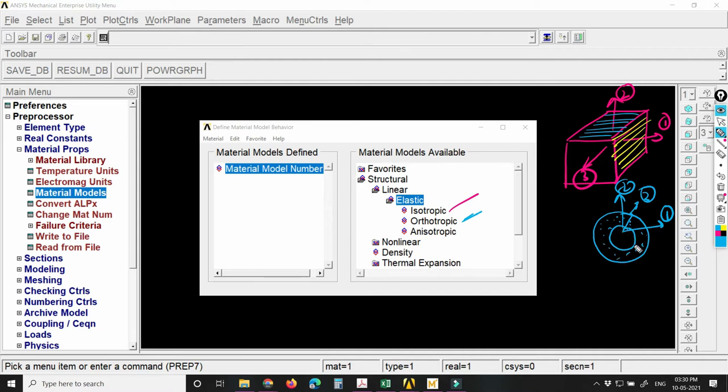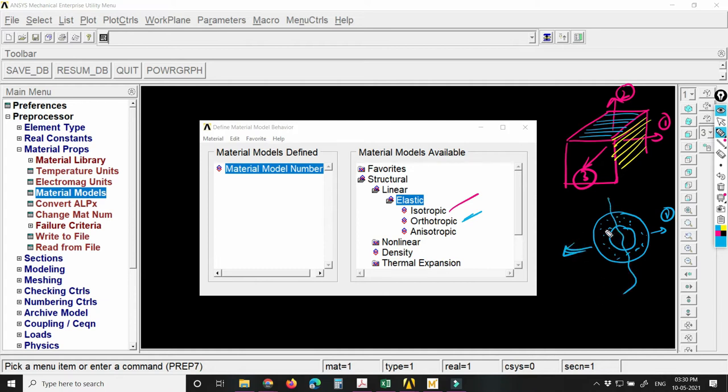The property along 3 is not the same as the property along 2, because along the vertical direction, which is along the length of the bamboo, you will have more tension capacity, but along the 1 direction it will have very little tension capacity, because if I pull the bamboo from this side, it will split over here.